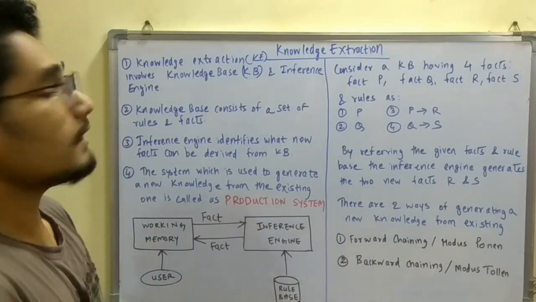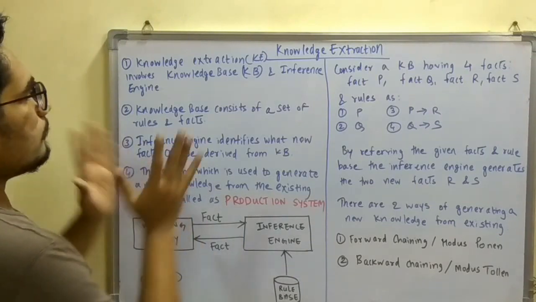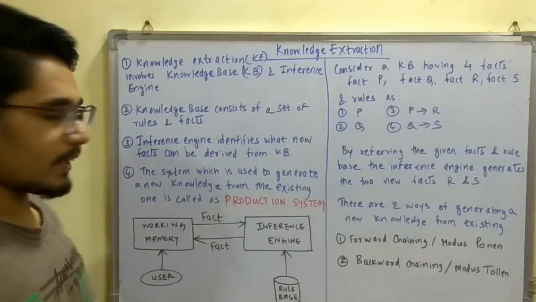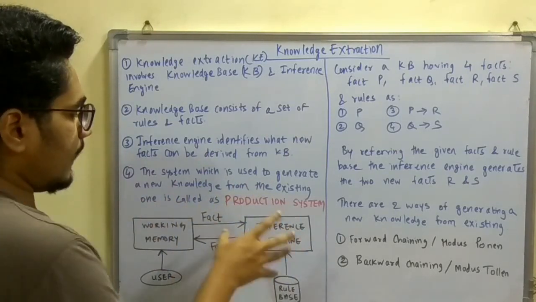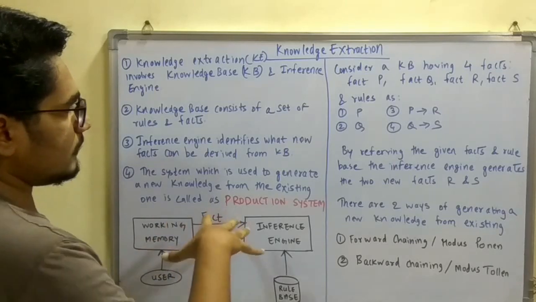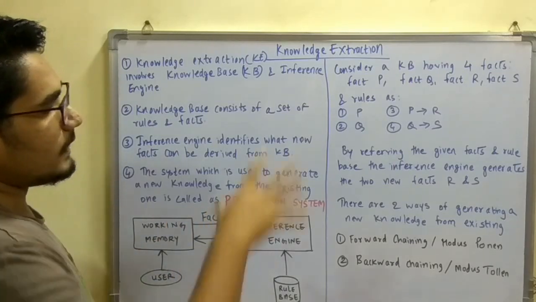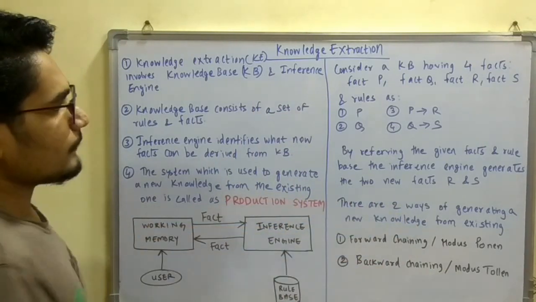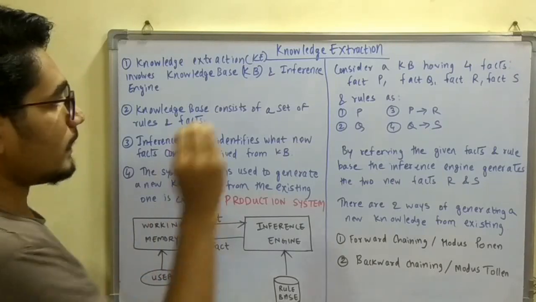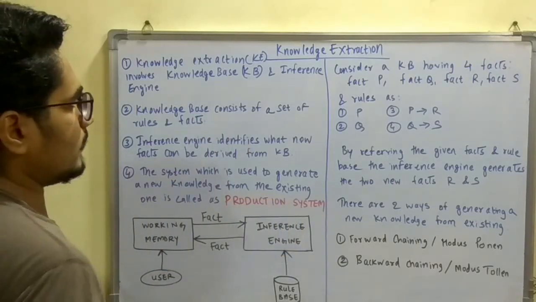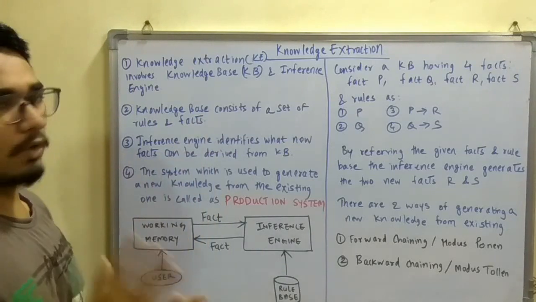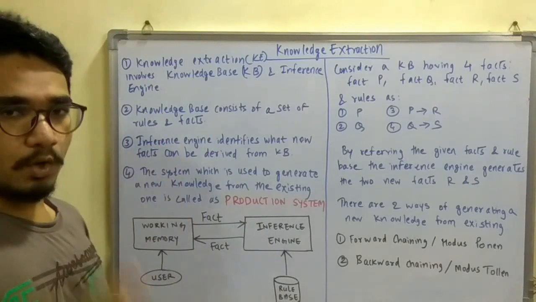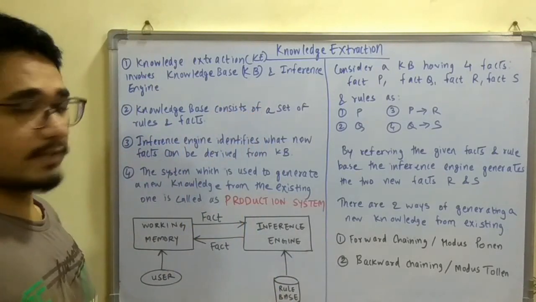So first of all, we have one kind of generalized architecture. I'll be discussing this architecture, the different modules and engines which are there in this, and the composition of these engines. And then I will overlay two different techniques by which the actual extraction is done. So first of all, this knowledge extraction, that is KE, involves two things: a knowledge base KB and an inference engine.